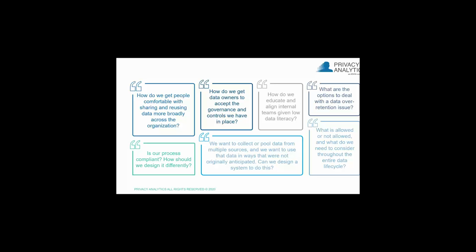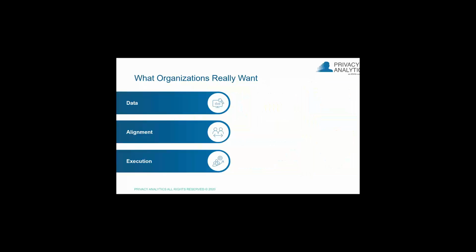So let's take a step back, because that was probably a lot of information, and look at some key themes here. So we have some of the key words: comfortable, compliant, accept, anticipate, educate and align, options, and what's allowed. So we're starting to see a theme emerge from this. What we find is there's typically three main things that clients want, right? We're talking about a data strategy, so naturally the first thing they want is data. They need this for decision making, to innovate, or to improve services in some way. They want to collect or access relevant data, but they also want to maintain that collection or access.